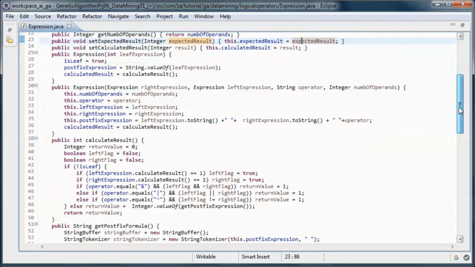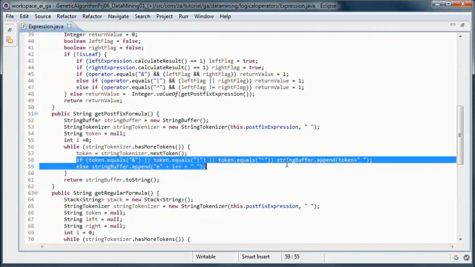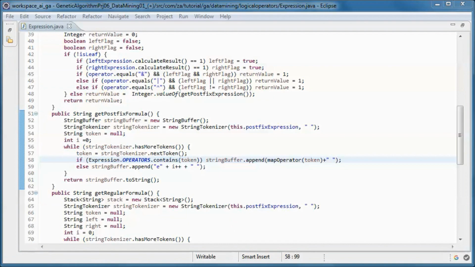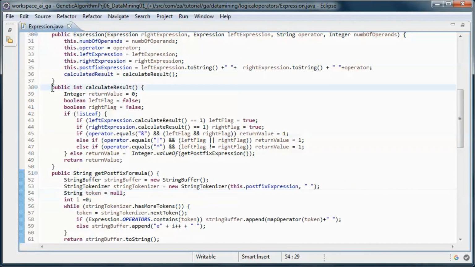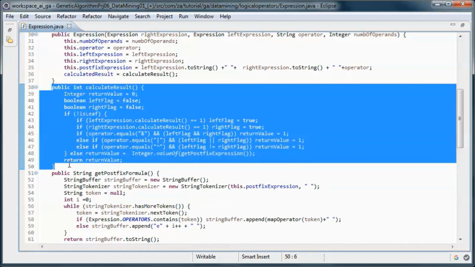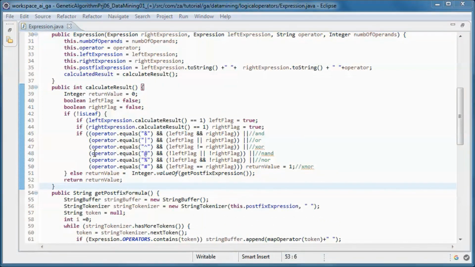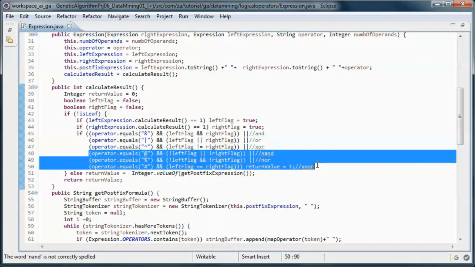And let's go here and replace this one. And let's go here and refactor this method to include NAND, NOR, and XNOR.